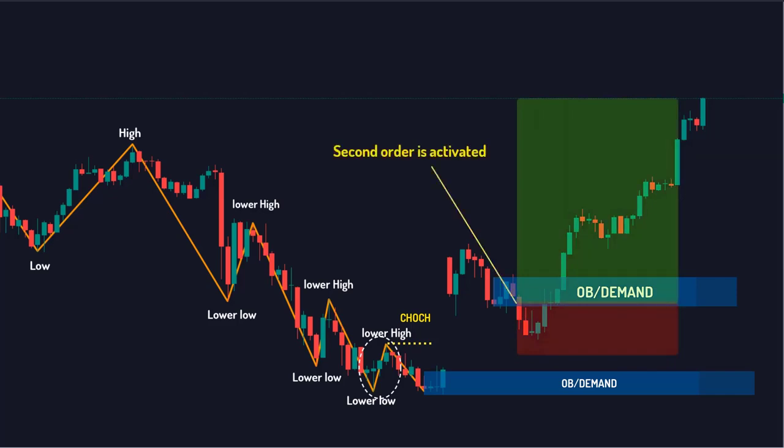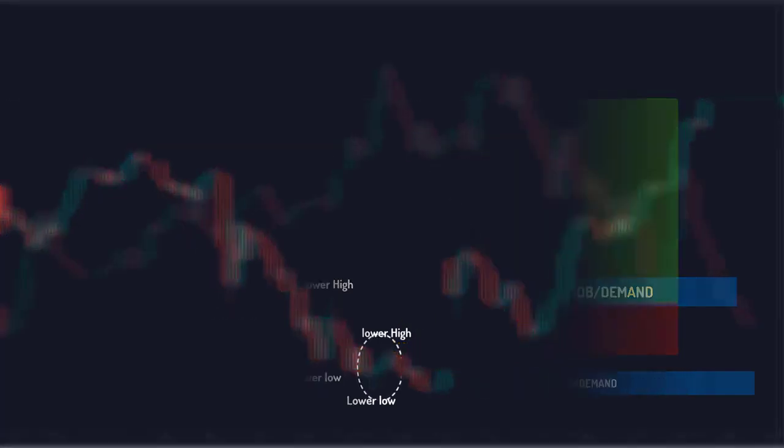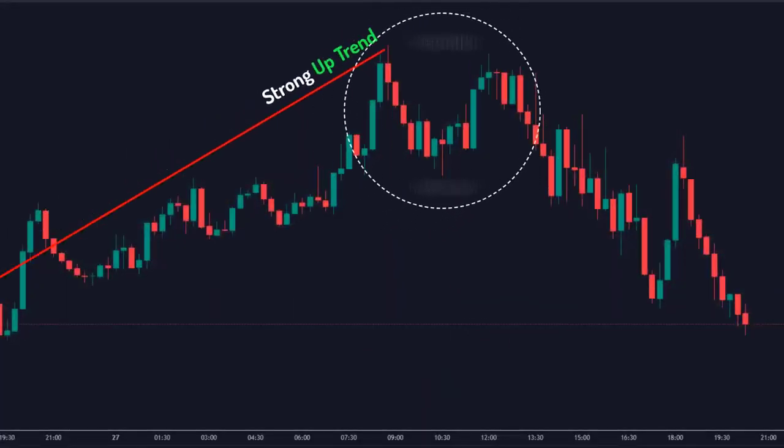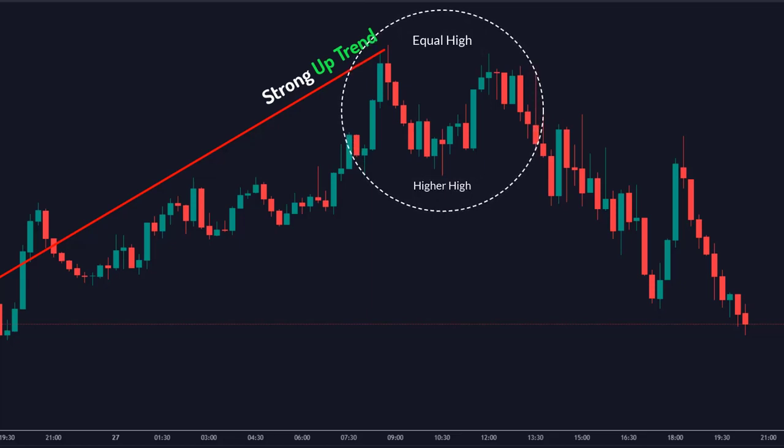As you can see, the price activates one of our order blocks by reaching our optimized zone. Again, we have a strong uptrend here. The price failed to reach a new higher high, so it started to lose its momentum and breaks through its last higher low, which eventually led to a change in trend,